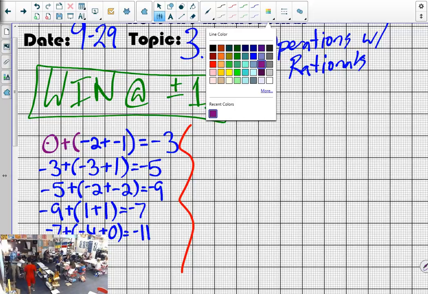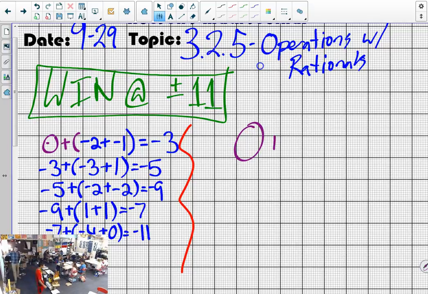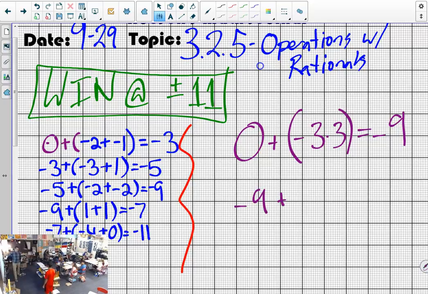Oh, so Moving Deer got a bit luckier. Moving Deer had started at 0, and then he spun a negative 3 and a 3. So he multiplied those, and you ended up where, Moving Deer? Negative 9. So then he started at negative 9, spun a negative 3 and 1, and decided to add them so that this became negative 2, which took him to negative 11, and a bit more efficiently, he got to